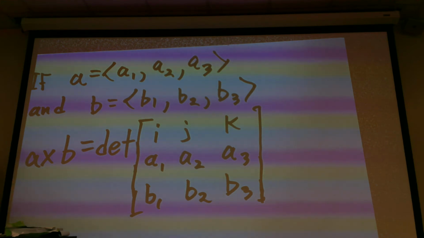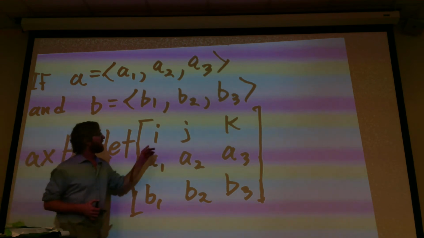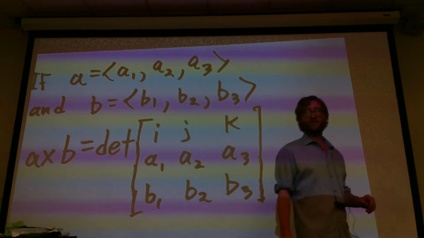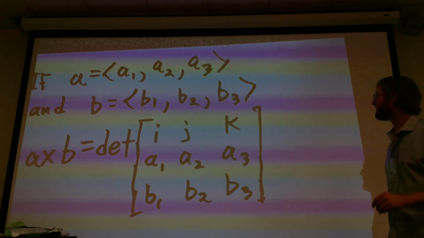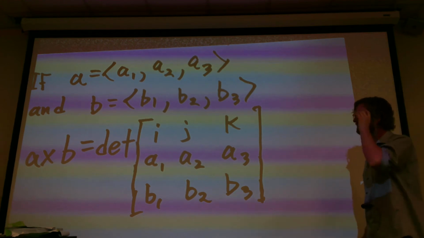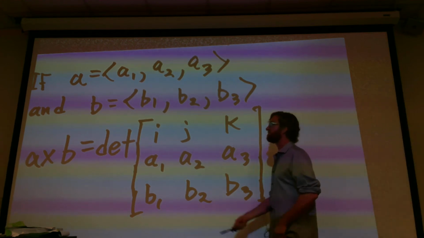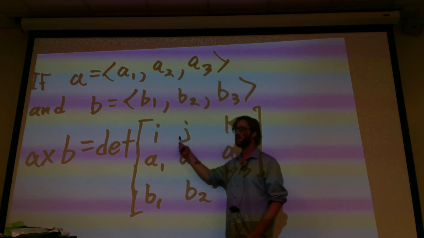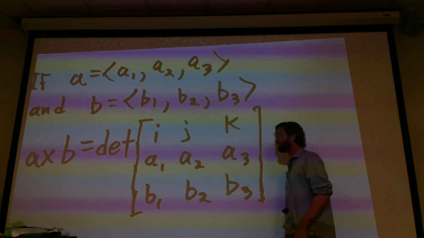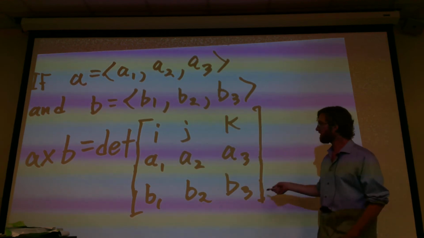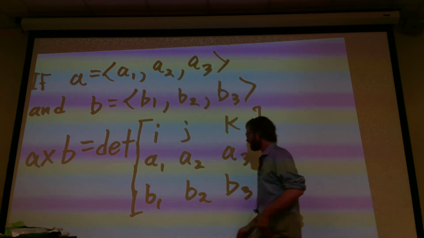Okay. And just like in the last video, I is 1, 0, 0, J is 0, 1, 0, and K is 0, 0, 1. This is basically a vector in the x direction, a vector in the y direction, a vector in the z direction. Okay? And so, if I'm going to take the determinant of this right here,